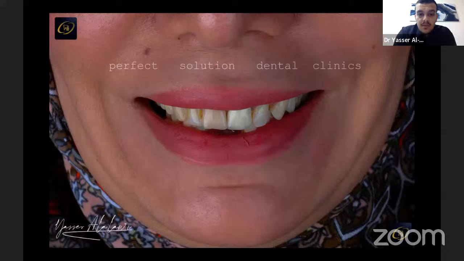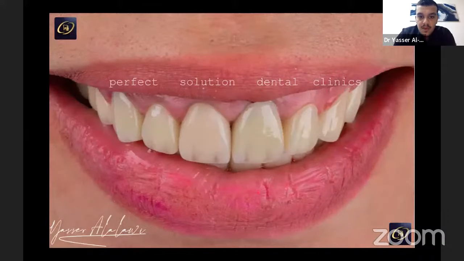So in the beginning, we do the restorative part: fillings, endo, and she has a left central incisor with a porcelain-fused-to-metal ceramic crown. We removed it. We restore the bases of the teeth and make all the teeth now able to receive new crowns, and this is how we obtain the new smile with a new shade and new shape of the teeth.